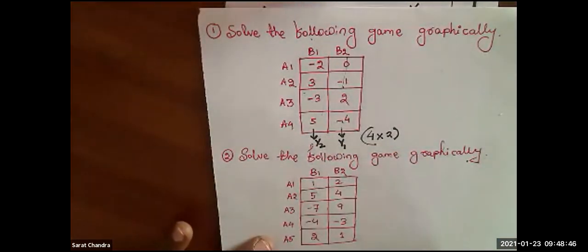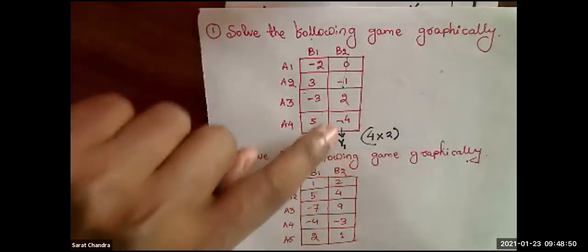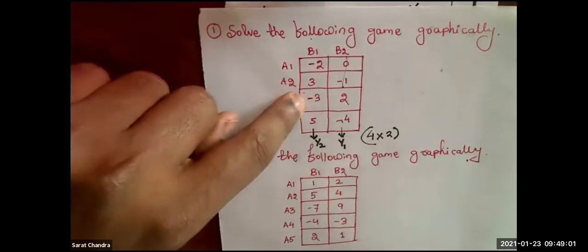for y2. Okay. So in y1, what is the highest point? Highest point I will get 2 and lowest point I will get -4. And in the y2 line, the highest point is 5, lowest point is -3. So accordingly, I will name it.